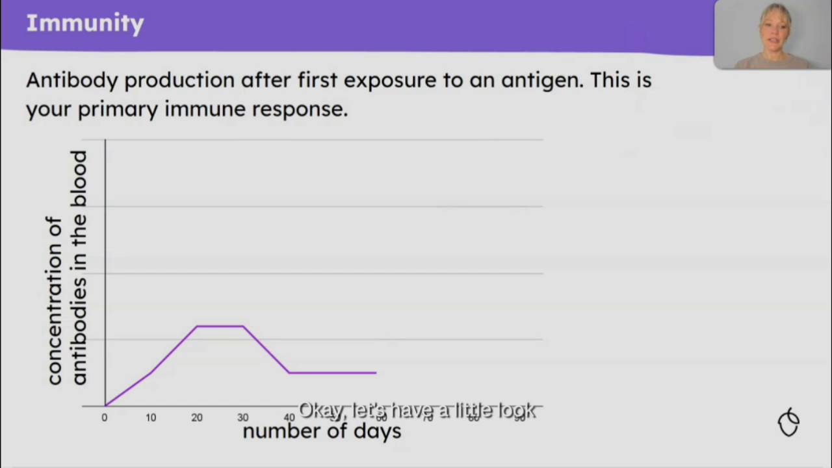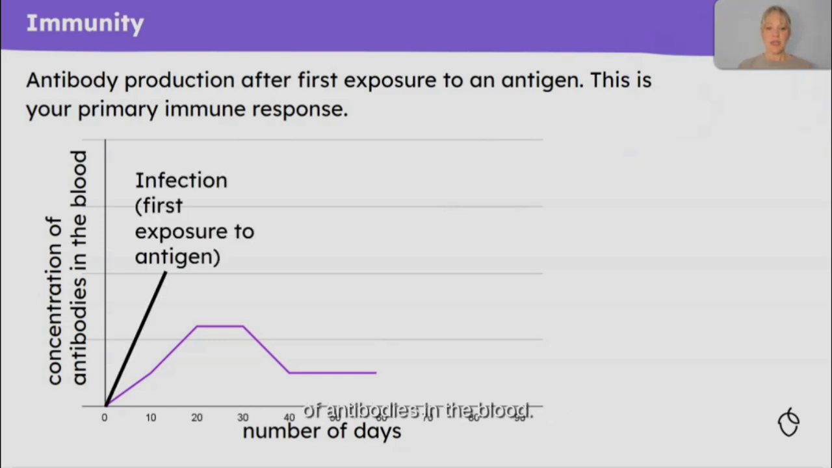Okay, let's have a little look at this graph then. All right, so this is antibody production after the first exposure to an antigen. This is known as your primary response. On the x-axis, we have the number of days, and on the y-axis, we have the concentration of antibodies in the blood. So here is our first infection, this point at 0 on the graph. And you can see that we have a steady increase in the number of antibodies, which then plateaus and starts